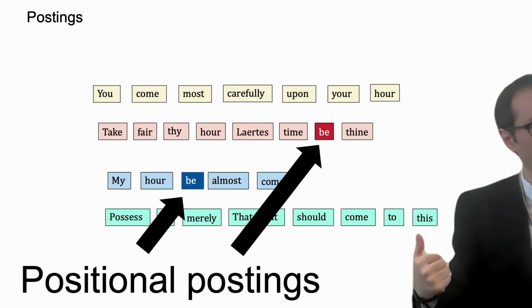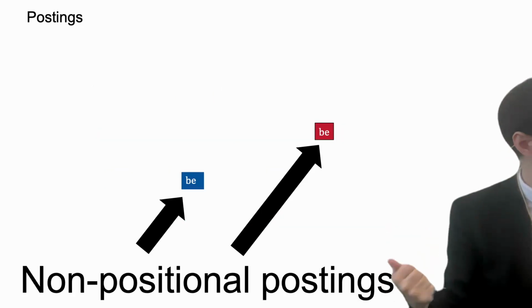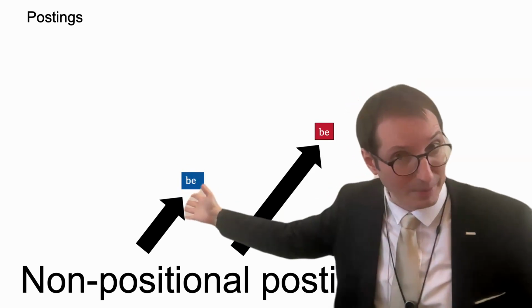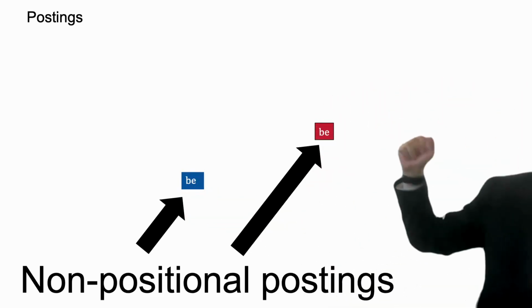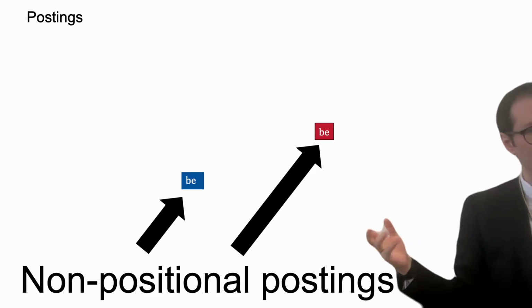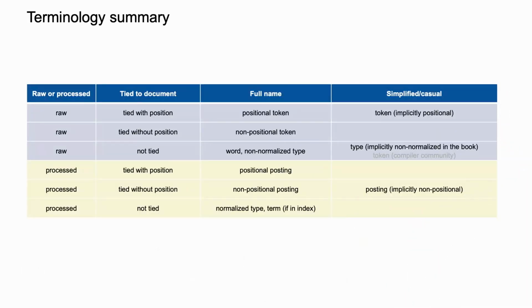And the sixth one, you probably guess, non-positional postings. So you know that here it's in the blue documents, but we don't know where. And here, B is in the red documents, but we don't know where. It's the non-positional postings. So if it's too much, I have this summary for you of the 6 things that I've been telling you, and it's really just